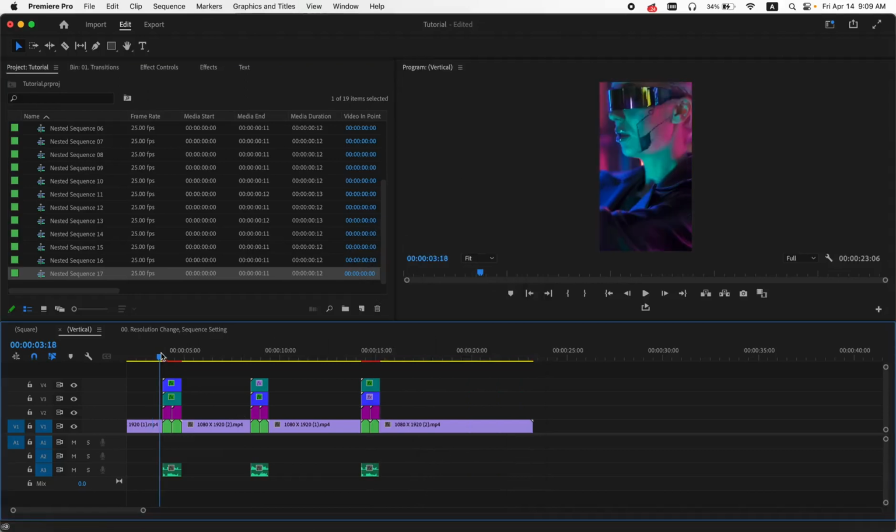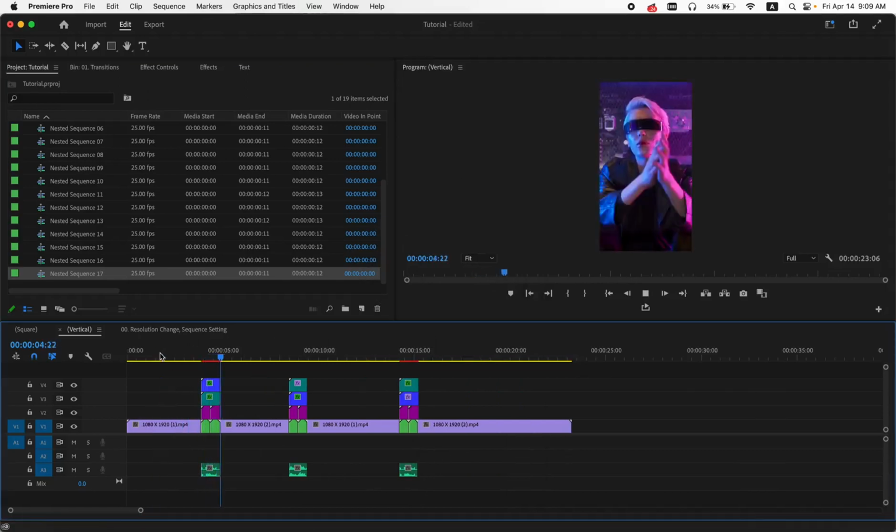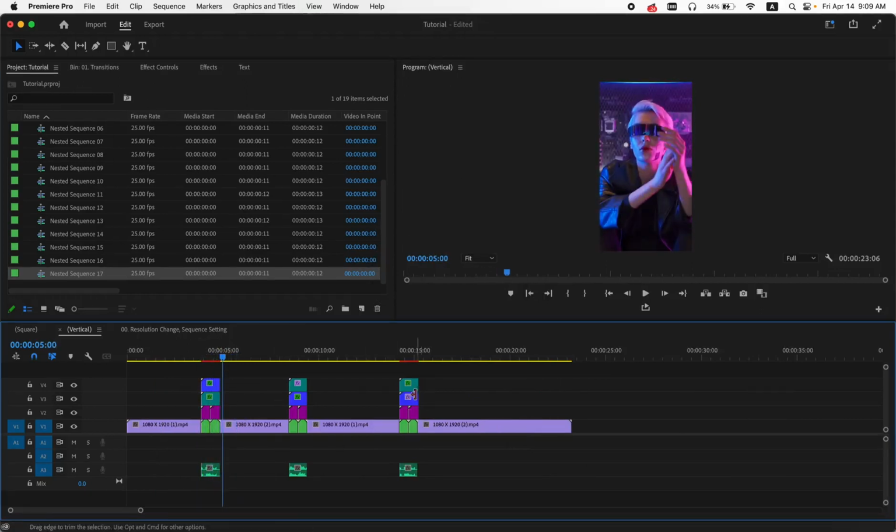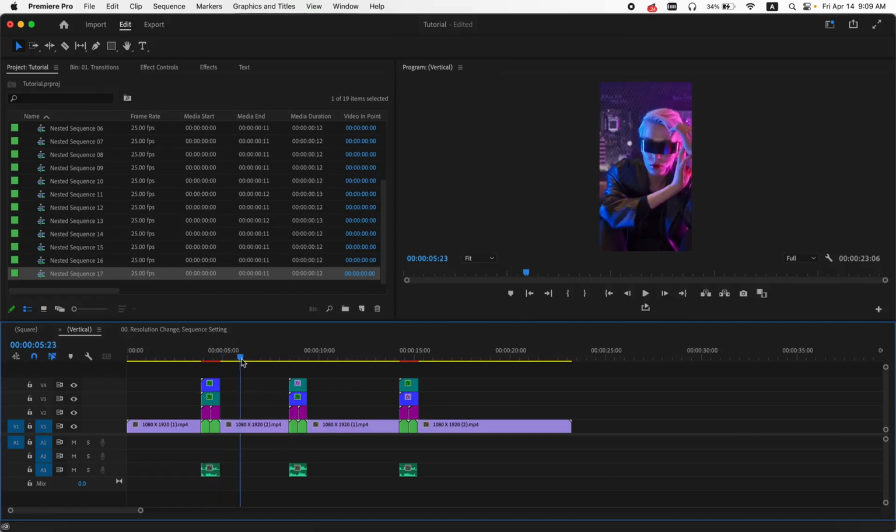All right, so now I'm good. If I play, you can see the transition, and of course you can render it to see much better because it's not buffered. As you see, there is a red line up on top of the transition. All right, I'm gonna move forward, and